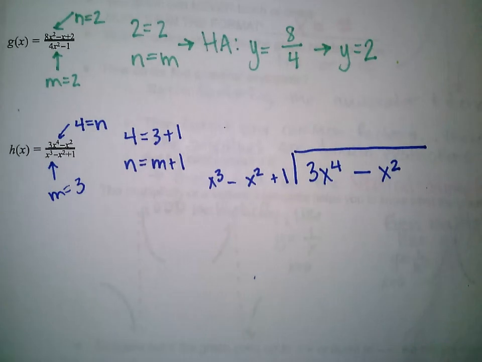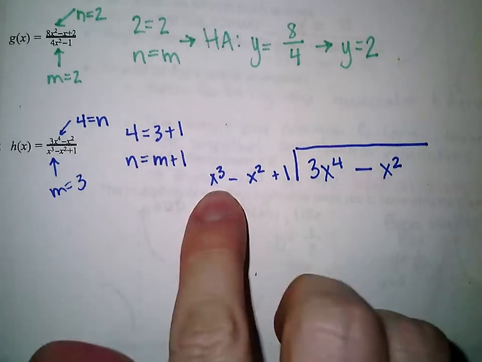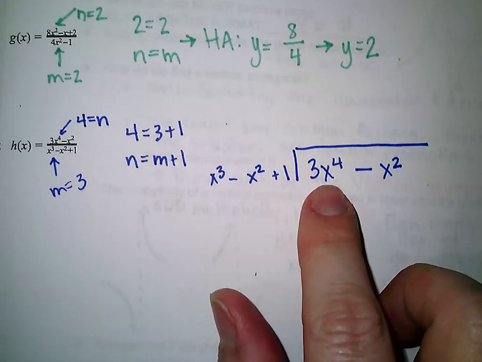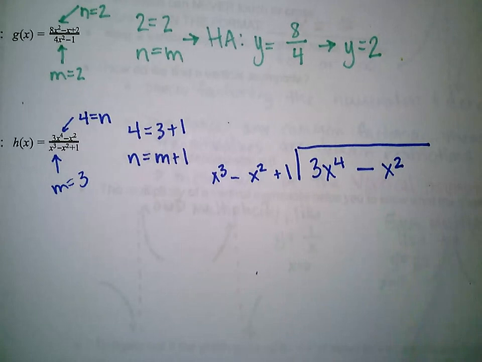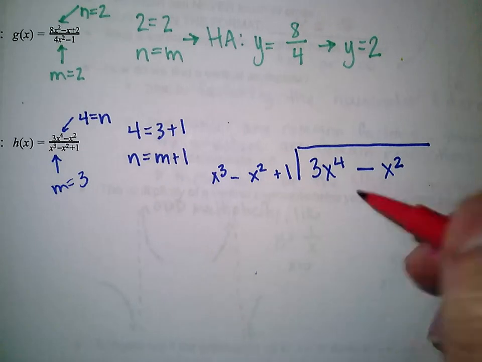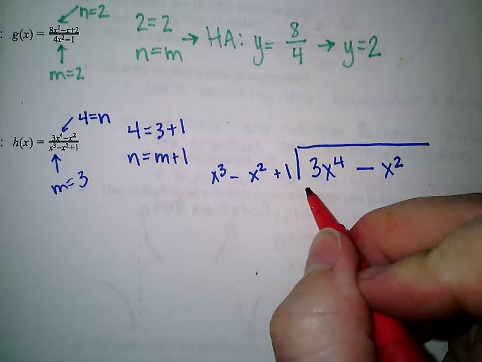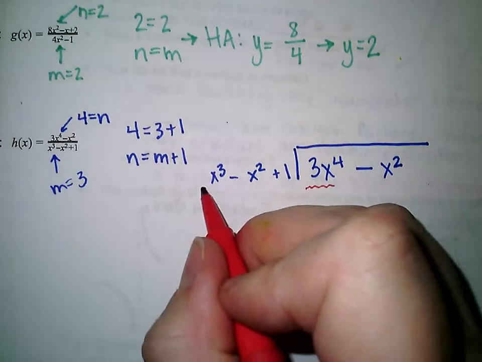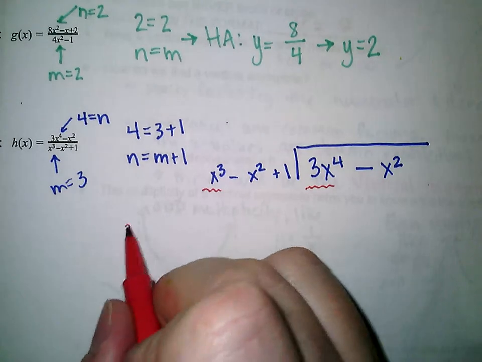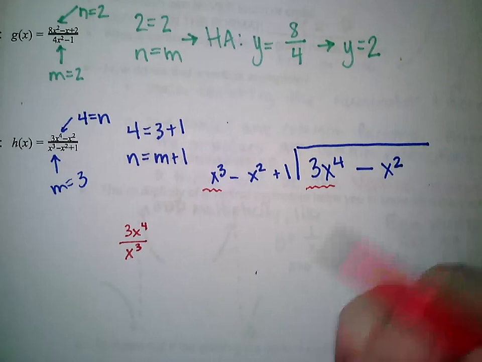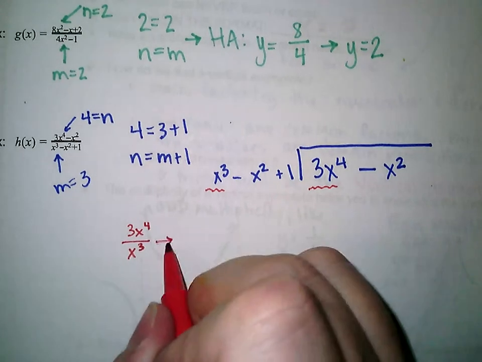I'm going to figure out what I would need to multiply my x cubed by so that I get 3x to the fourth. So I know this pen's not going to work very well, but it's what we got. So what I do is I take my 3x to the fourth and put it over x cubed. So I'm going to go off to the side, 3x to the fourth over x cubed, which is going to give me